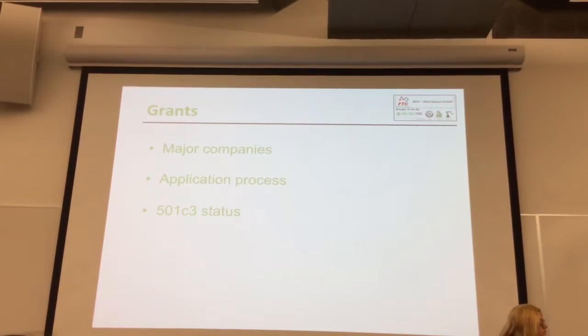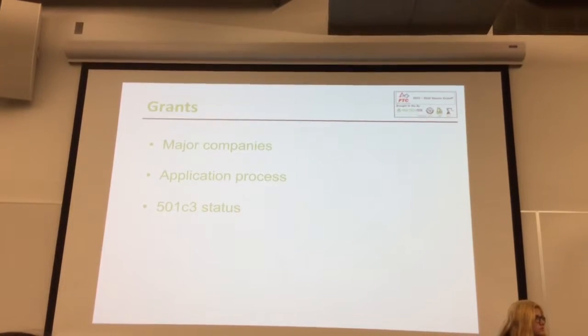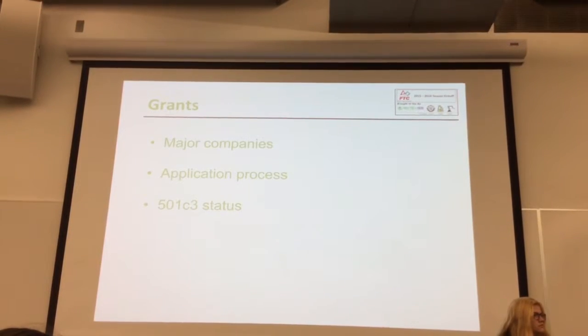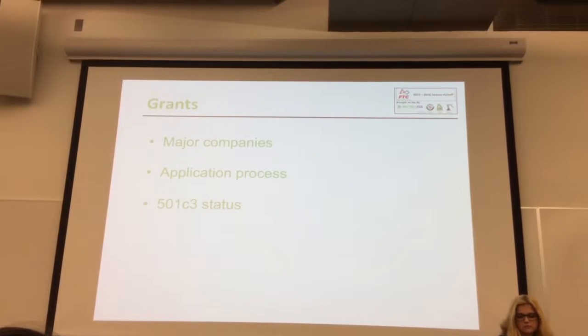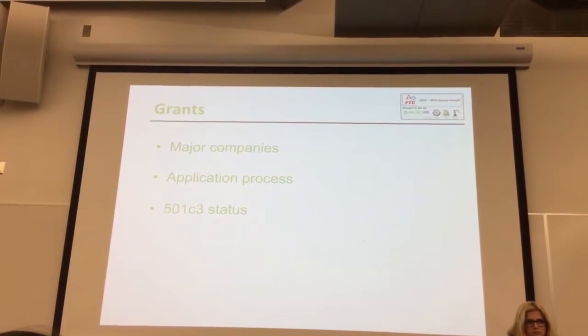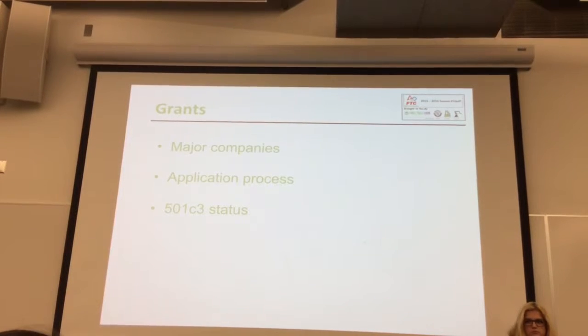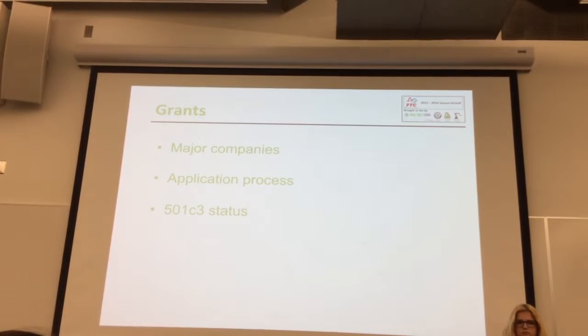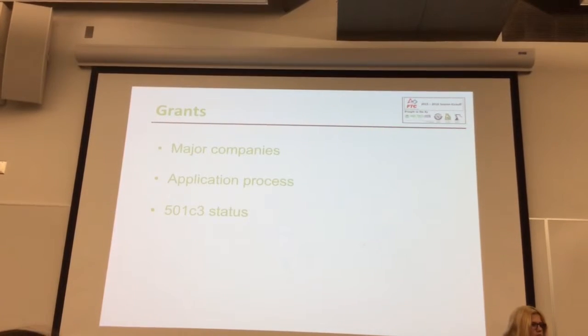A lot of applying for grants with a major company is that they usually require a 501c3 status. A 501c3 status is a special tax status that you file with the government. If your team is looking into a 501c3, you may want to check with your school robotics booster club. They may have a 501c3 that you can raise money through. If your team is not associated with a school or company, then filing for a 501c3 may be a better option.